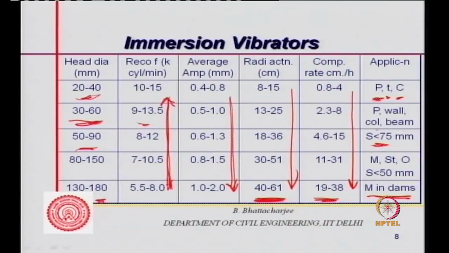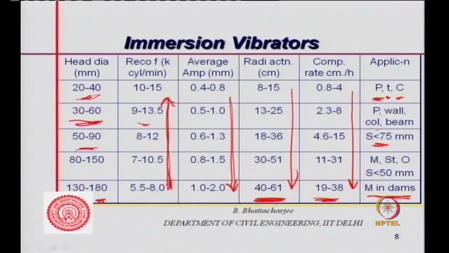So 80 to 150 you will be using in mass concrete. Slump less than 50 mm, and this could be on relatively drier concrete, one may use this. So that's how one chooses the